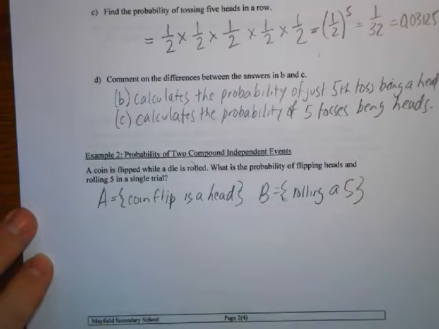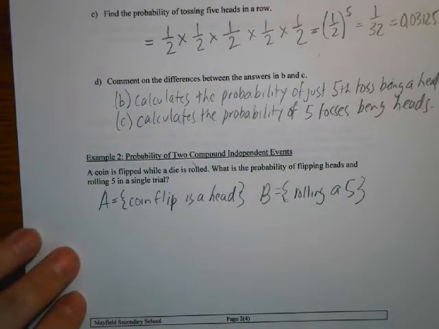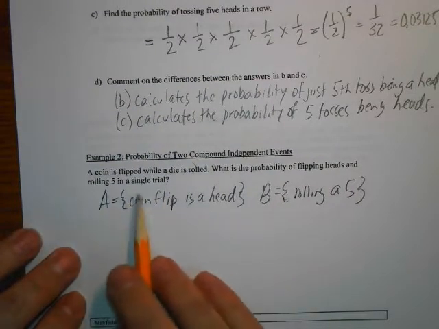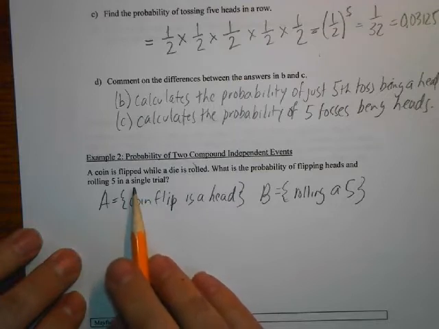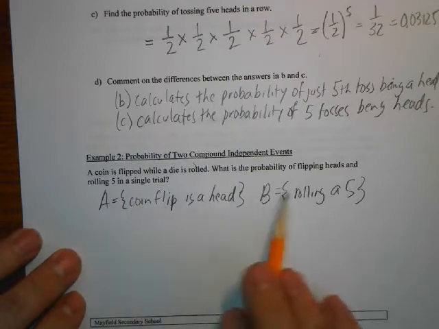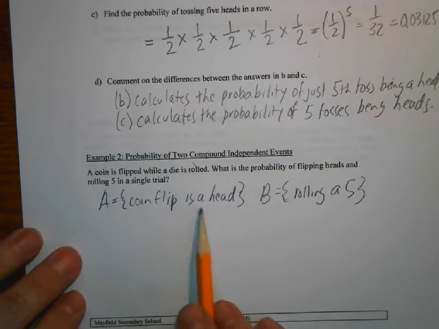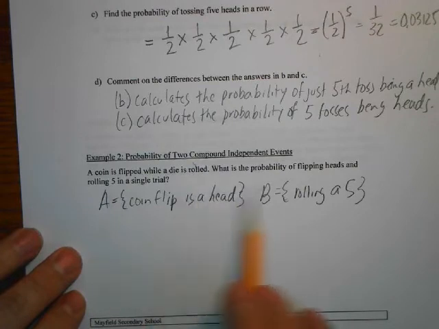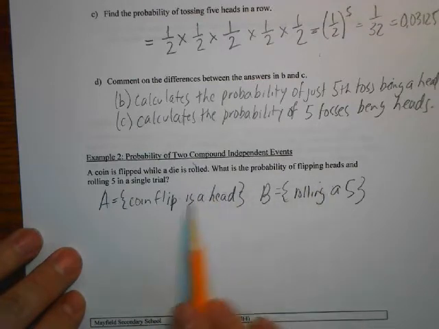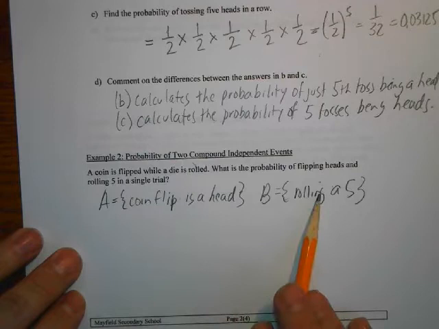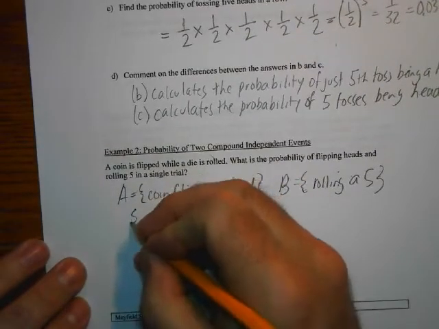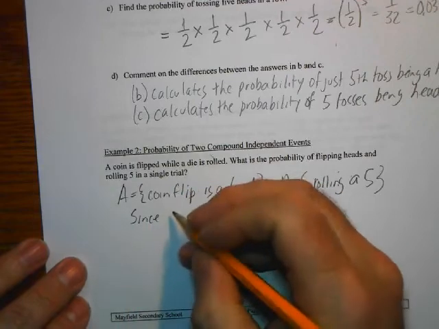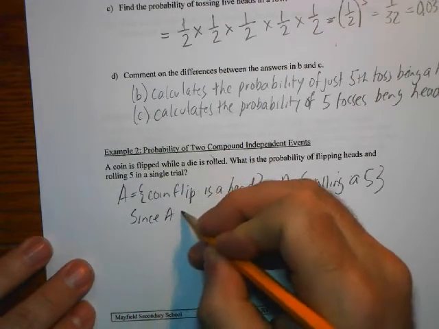Okay, so first I do what I just talked about: determine, does whether or not this happened affect the probability of this happening, or vice versa, or are they independent? And they are independent because flipping a head will not influence whether or not you rolled a 5, and vice versa. So since we've come to that conclusion, since A and B are independent,